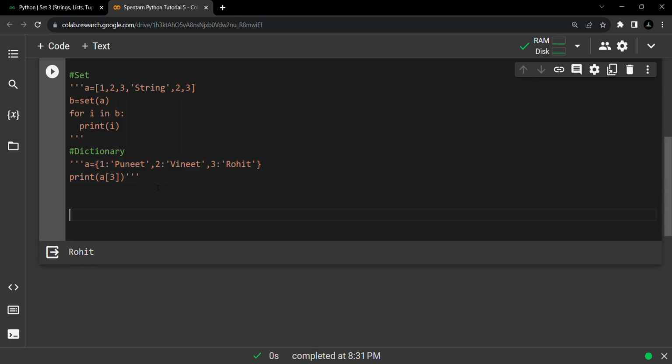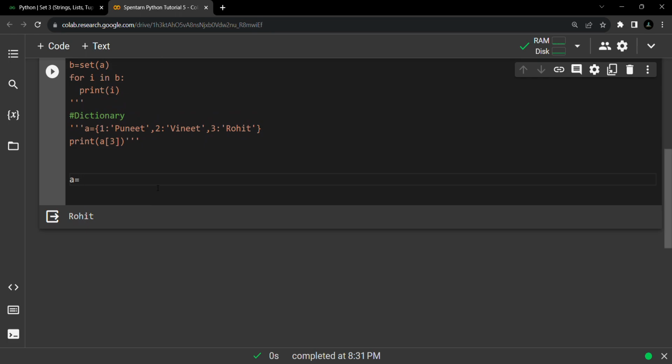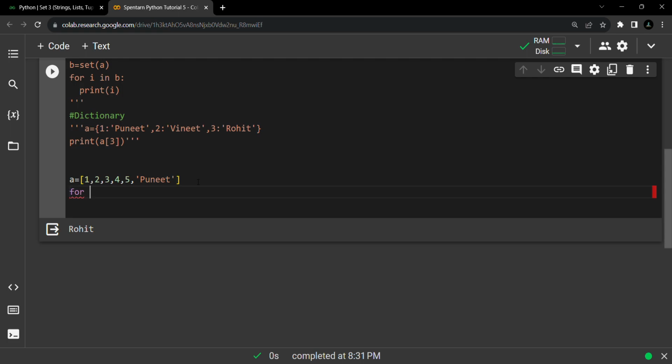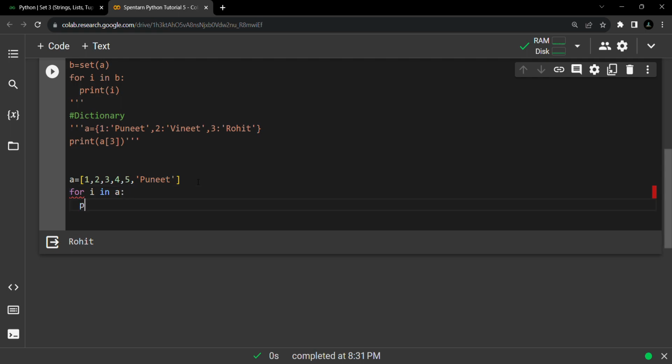For an example, if I just want to make a set over here which is a equals to, and just giving it values 1 2 3 4 5, right? And just giving it a value of a string like Puneet, right? Okay, and now if I just run this code for i in a and just print this thing, print i, whenever I just run this code, I will see that 1 2 3 4 5 and Puneet get printed over here. So this is how the iteration would work in list,